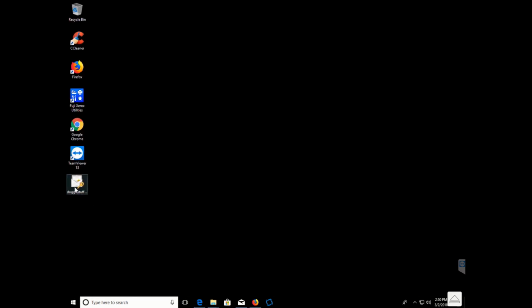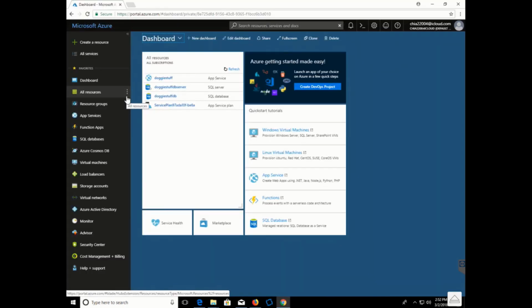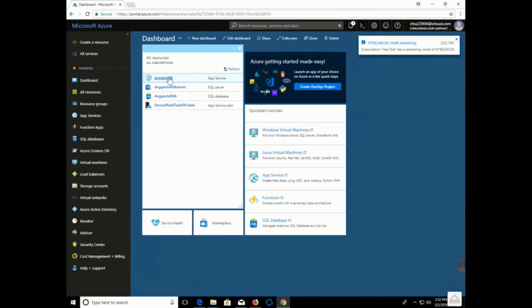Okay, right here on the desktop, we have this PFX, and we're ready to upload it to Azure. So now we're ready to upload the SSL certificate and install it on the Azure website. So let's open up the Doggy Stuff app service,